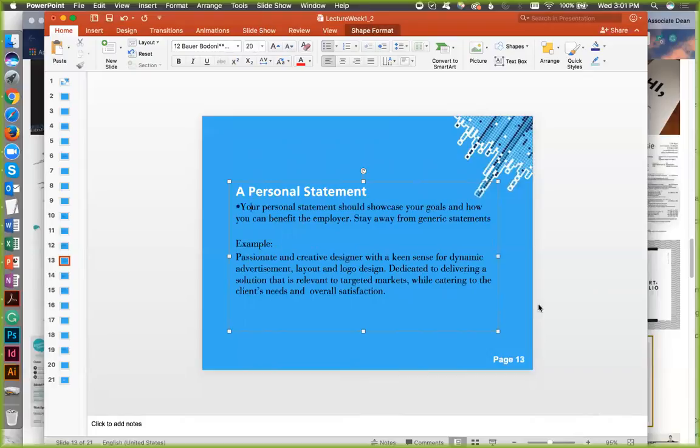It's going to be about what you bring to the table, especially if you're applying for a graphic design position.